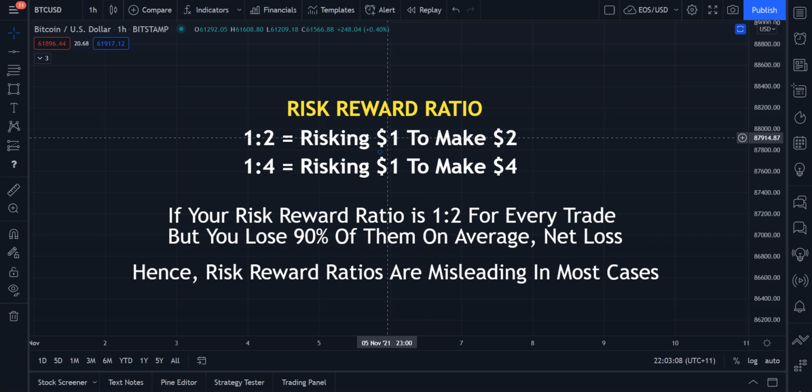Because, for example, this is hypothetical, but if every trade you made was a 1:2, which means you're risking $1 to make $2, on paper, that's favorable. But if you only profit on 10% of those trades, you're still going to be coming in at a net loss, right? It's kind of hard to explain, but essentially you have to take into account how many trades you're actually profiting from, because it's all well and good that on every trade you stand to make $36 for every $1 you're risking. But if you don't actually profit on any of those trades, or only profit on 1% of them, overall you're still going to be coming in at a net loss.